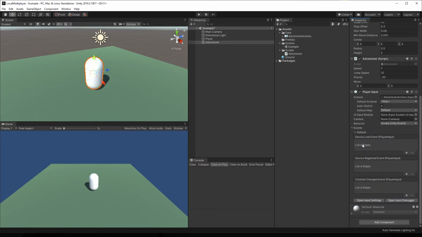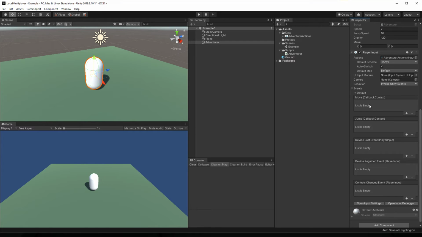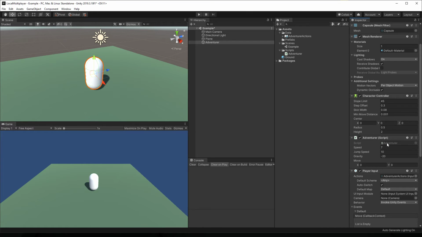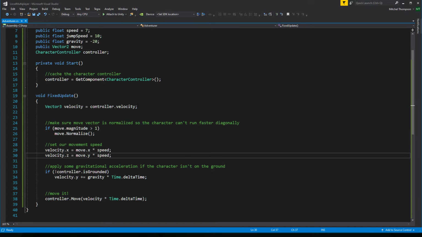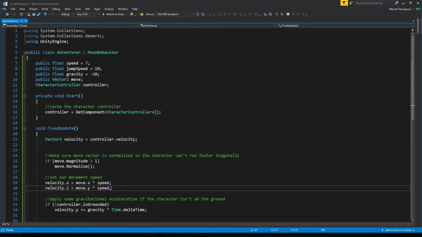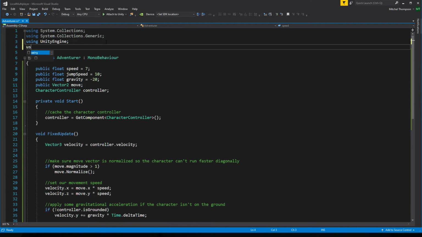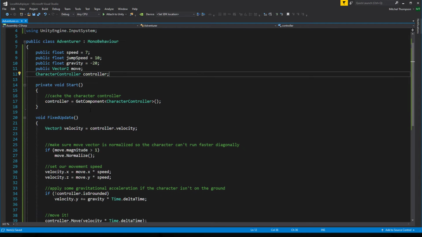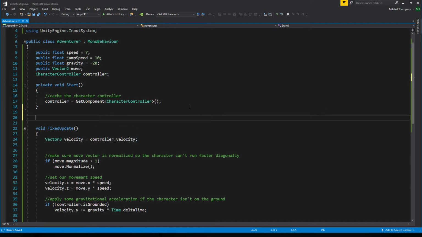Inside of the events dropdown, you'll get another dropdown for your default action map where we get a move and jump callback. So as you would expect, we probably need to put those in the Adventure script. So let's get started with that. At the very top of this, I'm going to include using UnityEngine.InputSystem. I don't think we need callbacks yet. No. And I'm going to create a new callback for when the joystick is updated. So we'll call this